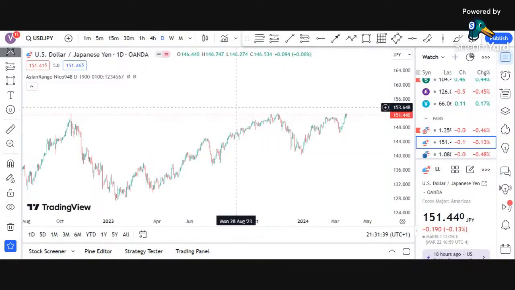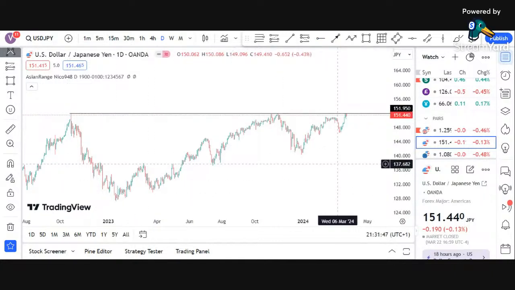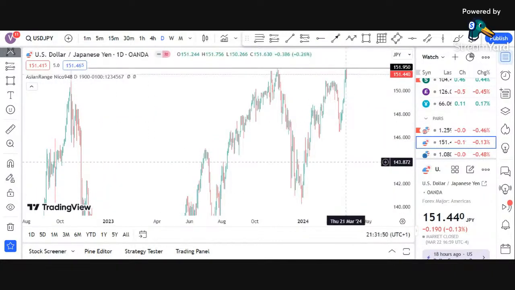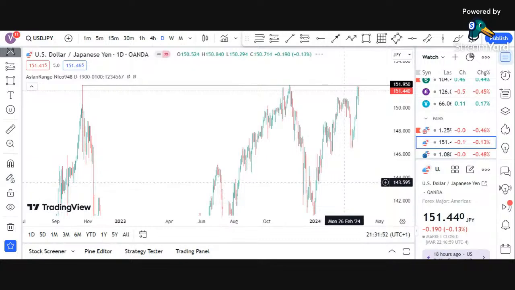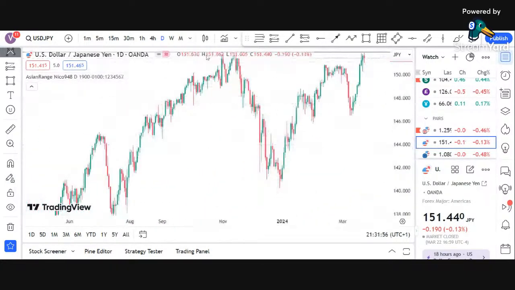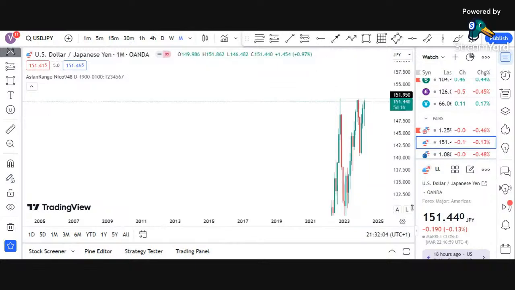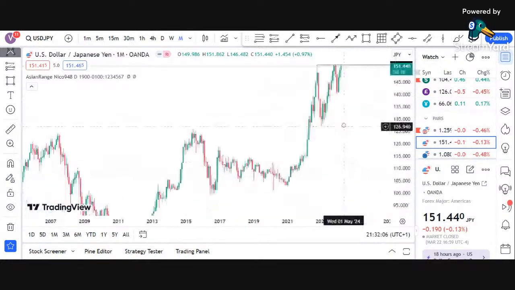You can see that this old high wants to be taken out. So what are we seeing here? Let me go to the monthly time frame, because that's the main driver of the market. The monthly, the weekly, the daily. So the monthly time frame,